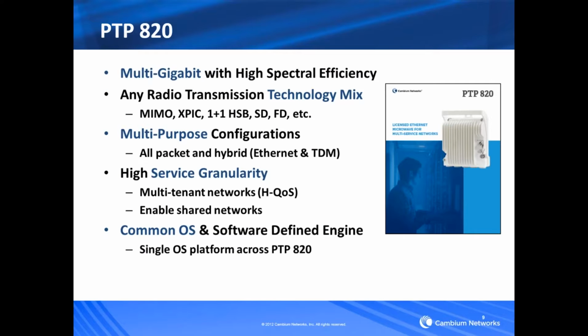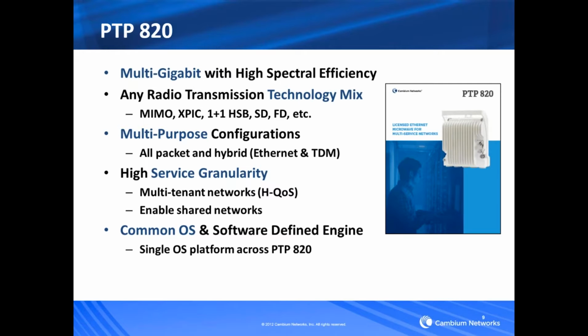We'll talk a little bit about our 820 or PTP 820 radio. That's our licensed radio, basically used for long haul. An important point about this radio is that it is a 2 gig radio, a dual core radio that can transport up to almost 2 gig, 2048 QAM. Most importantly, it is 2 cores in one package. Jeff talked about the price associated with leasing a tower. If you're going to do that, size is critically important, and that's where the 820 shines.